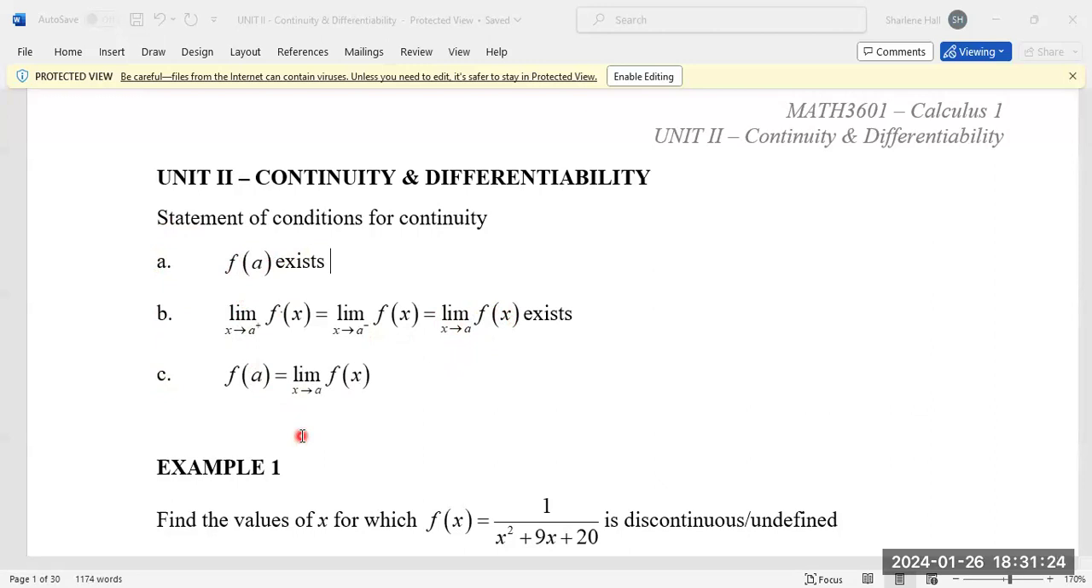Sometimes I've seen on exam papers before where the question says, for 3 marks, state the conditions for continuity. And your answer to that question